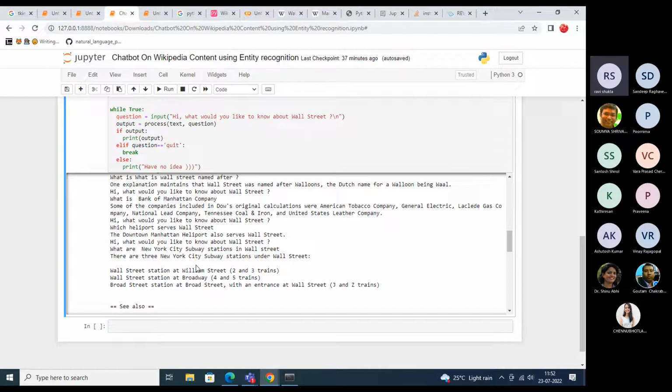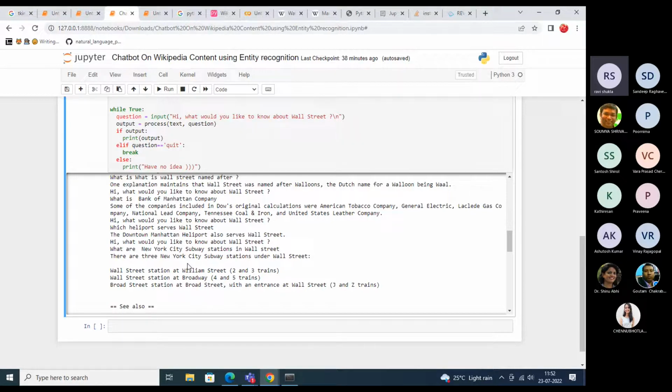So, what is Bank of Manhattan Company? The answer from a graph entity would be that it is a bank. But here it is trying to match the text, so it is done using a different process. So it's not an issue, but if you do it using the entity relationship pair approach, you would get more direct answers for questions which are really pointed. So try that approach as well. This approach has benefits and challenges. I just covered it. Hope that answers your question, right?